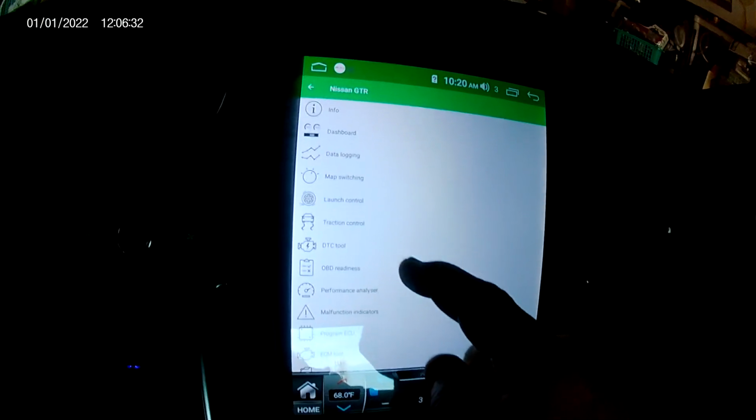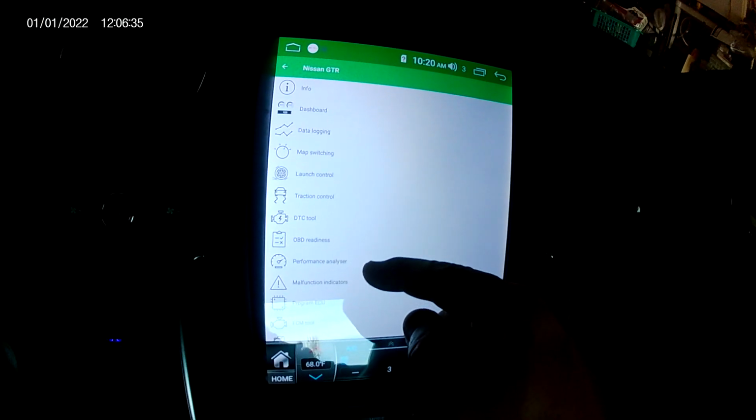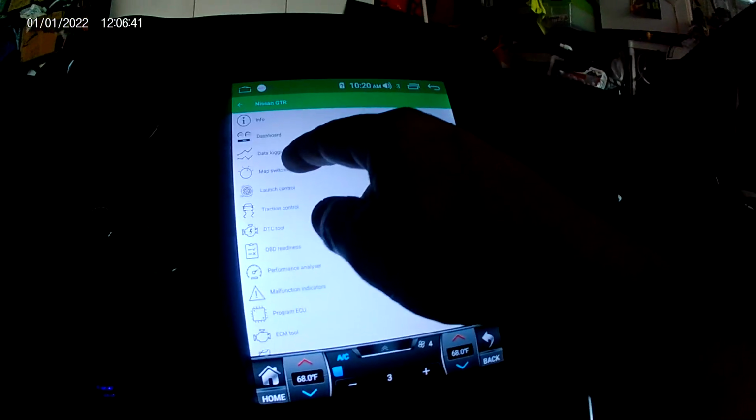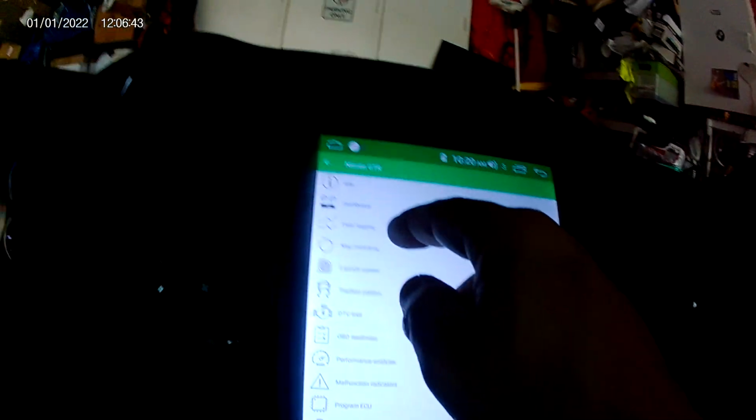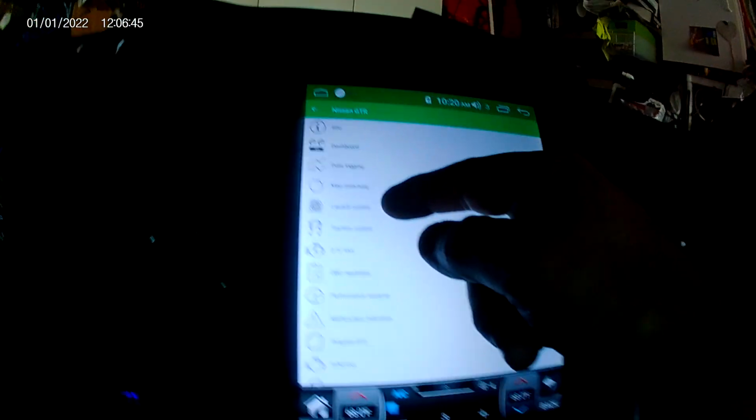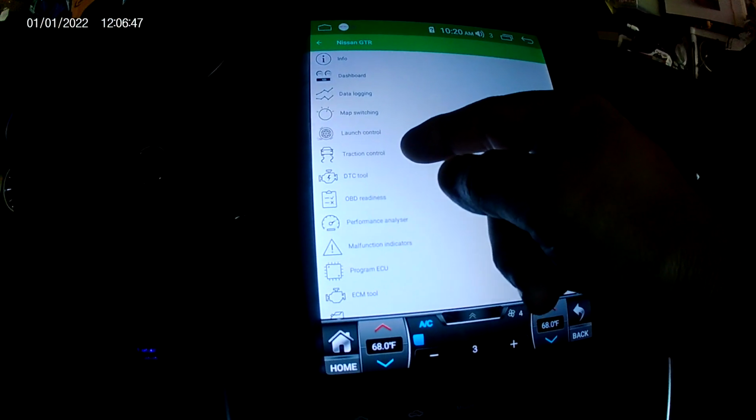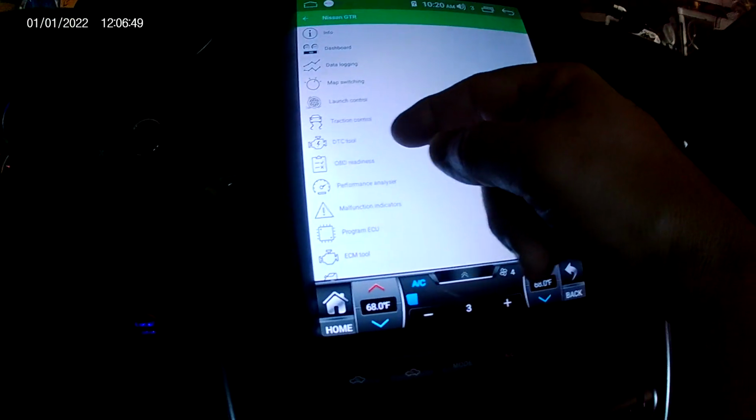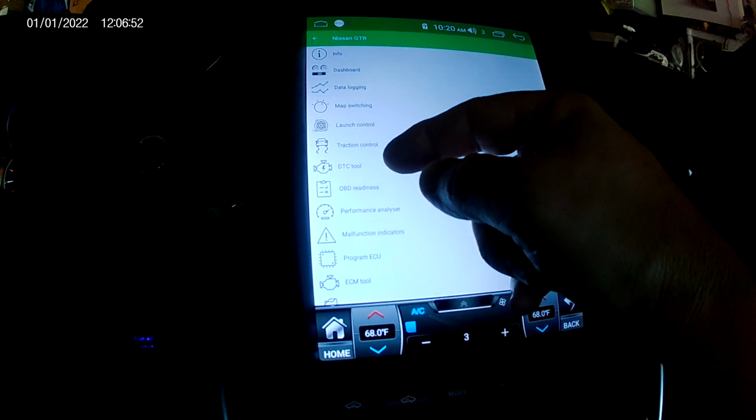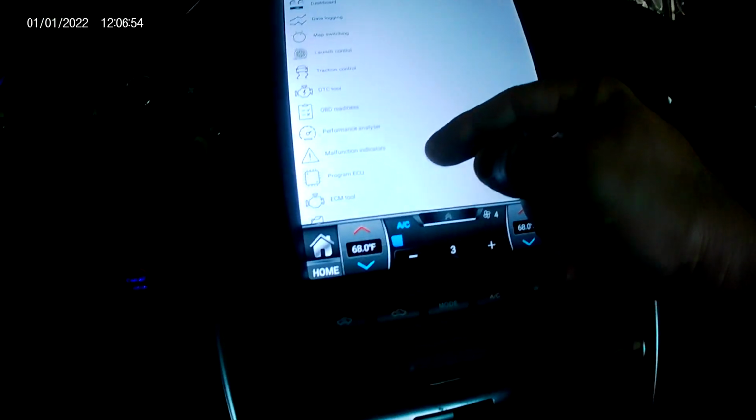So then, you know, there are the performance analyzers. You've got all your fault codes, your data logger. You can actually switch your maps from here too. There's map switching, launch control, a DTC tool for transmission ECM,